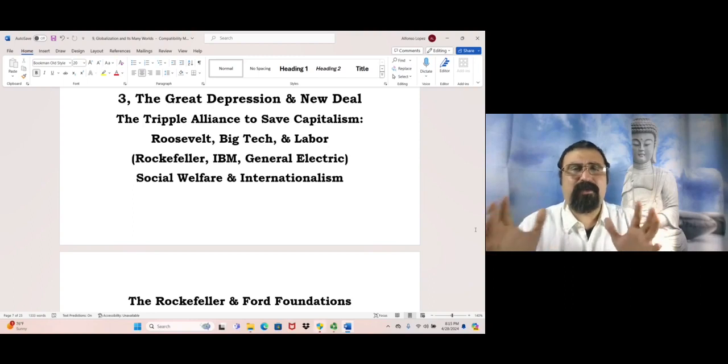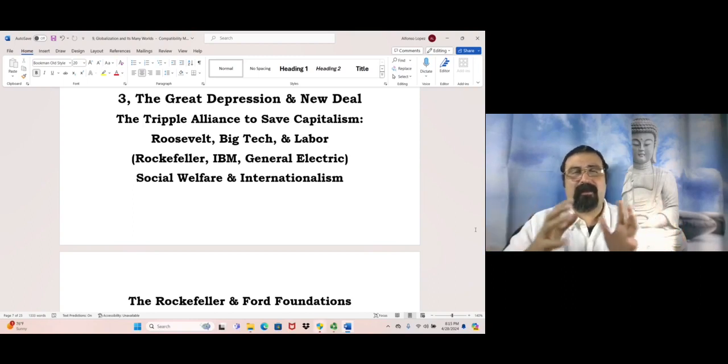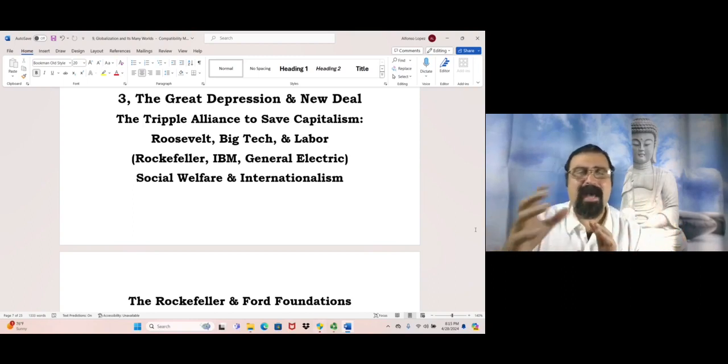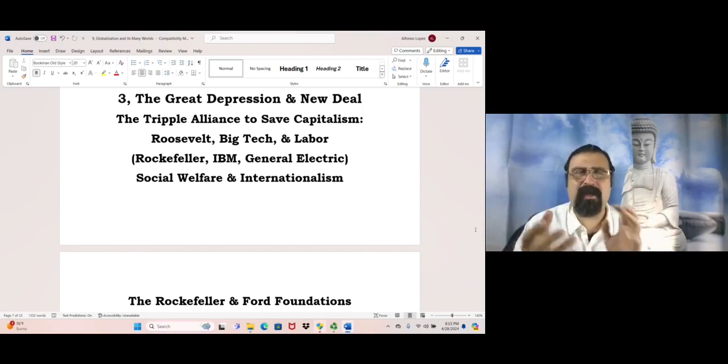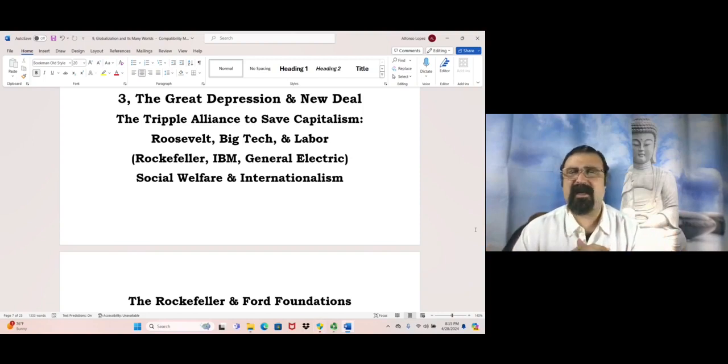Again, this alliance was to save capitalism. In other words, in the past, those actors were not really working in concert necessarily, but now they are going to be working in concert for common purposes. And one of those common purposes was to save the system, in other words, to save capitalism. And that was a big threat in this case in the United States,